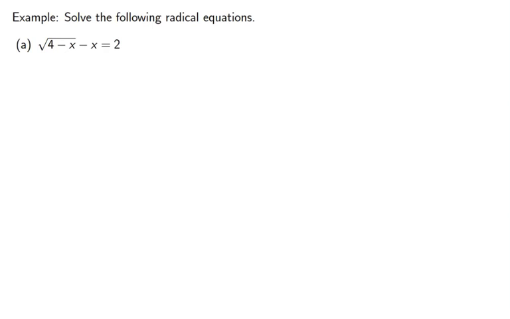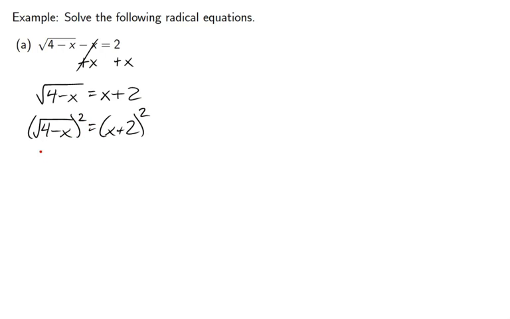Now, let's do one of our regular examples. So the first thing you need to do is get a radical on one side by itself. So I'm going to start by adding x to both sides. I get the square root of 4 minus x equals x plus 2. And now that the radical is by itself, I'm going to square both sides of the equation, and I'll end up with 4 minus x on the left,